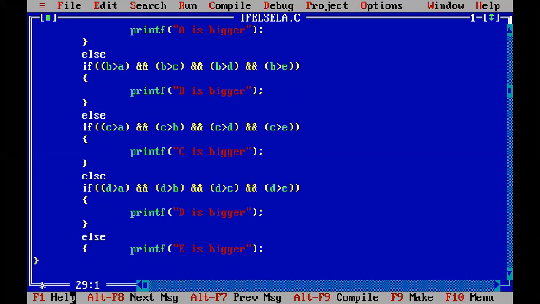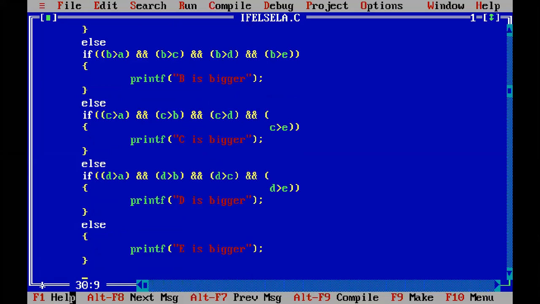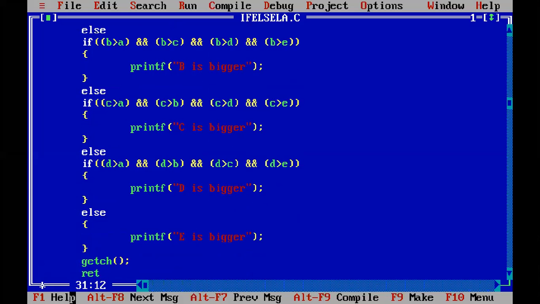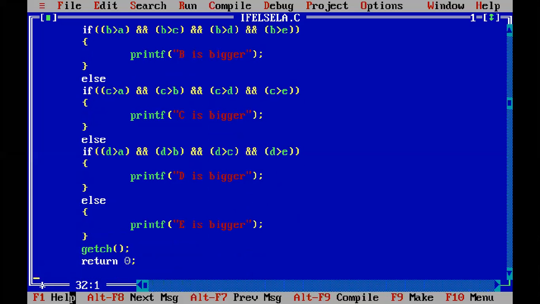So this is how your if else ladder looks like. Then just end it.